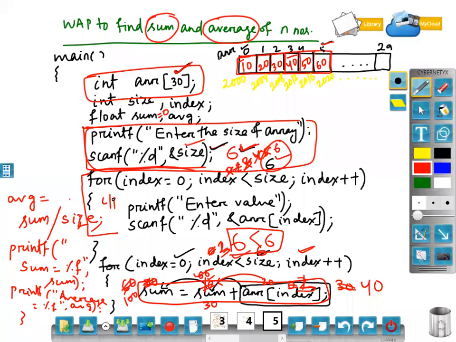On the basis of that you are taking the input. Then on the basis of that input you are doing the operation. Clear? What is the operation? Sum of the values. After the for loop is over, I know sum is being calculated, so I am finding the average, as per the requirement. Once I find the average, I am printing the sum and printing the average. Clear? So this is how you will write the program by using array. Simple. You are declaring the array and you are taking the input for the array.